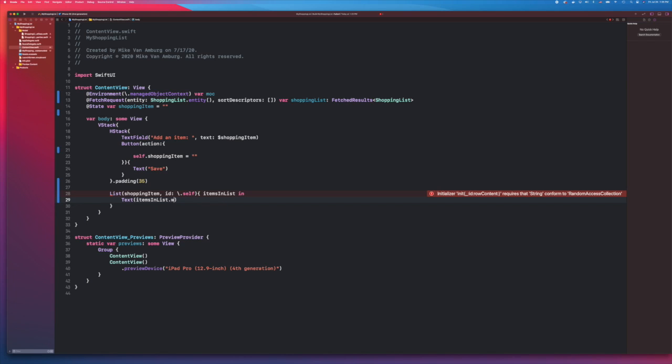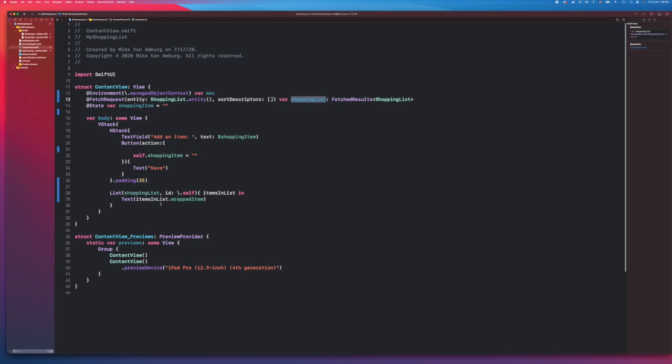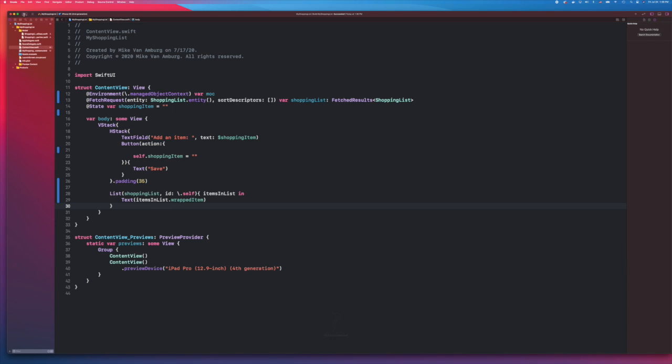Remember we wrapped our item. Build. And let's see what else is wrong. Oh man, I'm just messing up completely. It's not shopping item, it's shopping list. There, we need to call the fetched requests, which is right here. Everything now works. We could build it,